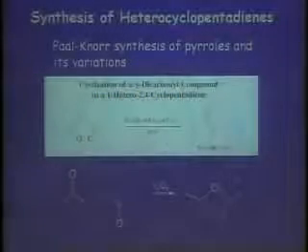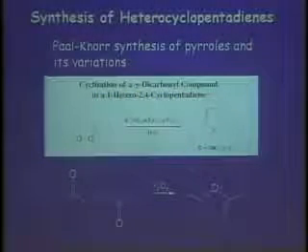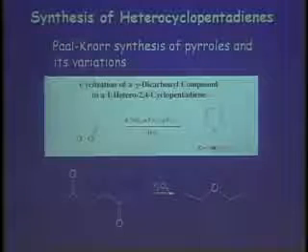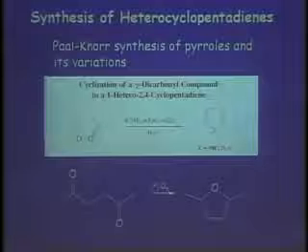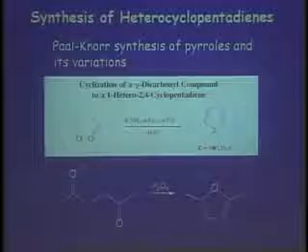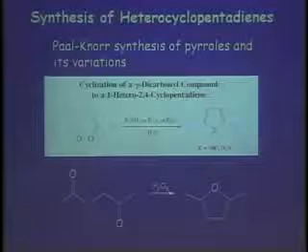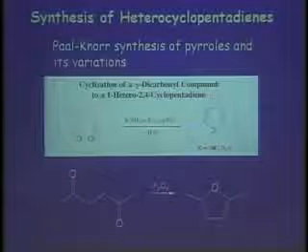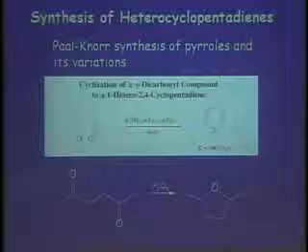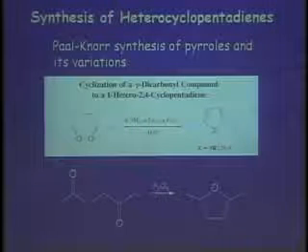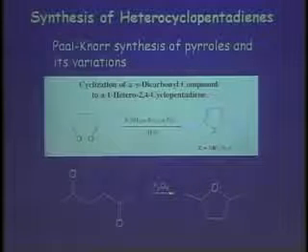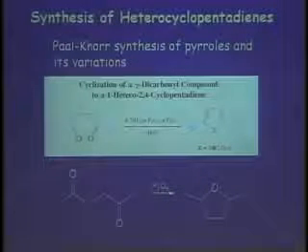So how do we make these things? There is a general way of making all of these guys, and that is by a condensation reaction that involves a 1,4 dicarbonyl compound. Okay. So these two carbonyl functions in a 1,4 relationship. And it's called the Paal-Knorr synthesis for pyrroles, and people have then extended it, so variations of the Paal-Knorr synthesis work for all of them.